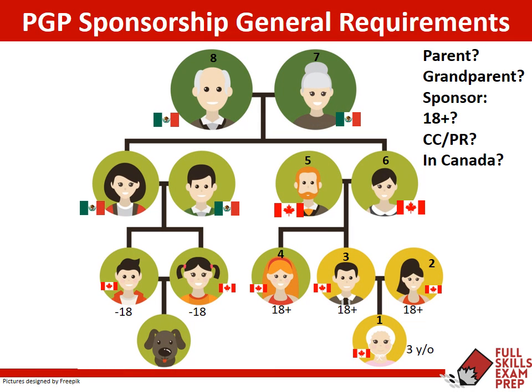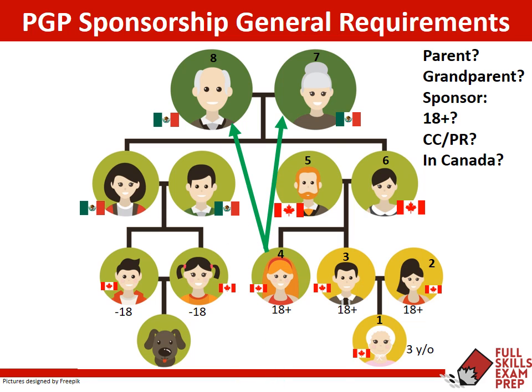Okay, so let's take a look at this through a bit of a different angle. And this might seem basic, but of course we just want to go through this really step by step. Now, when we take a look at the people in number 2 and 3, so the couple, let's pretend that they sponsored his parents. So the people at 5 and 6. And now those people are Canadian.